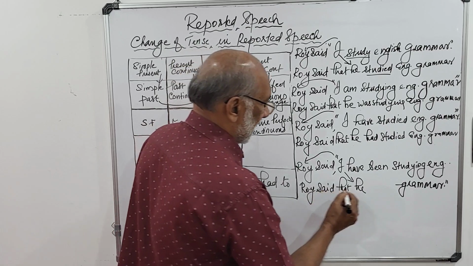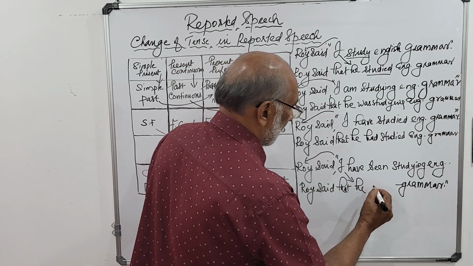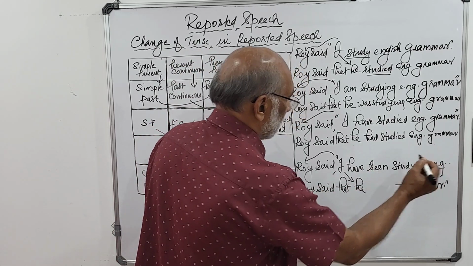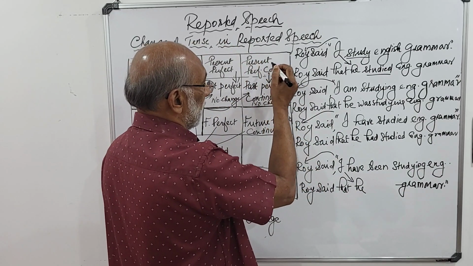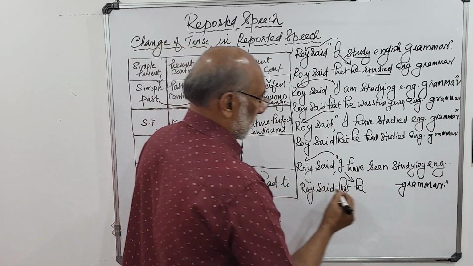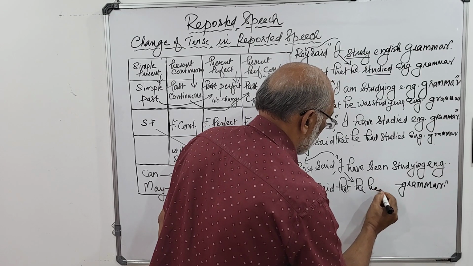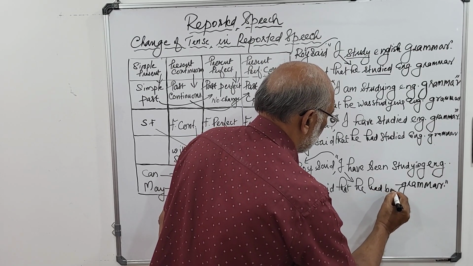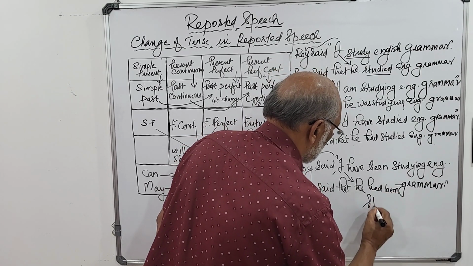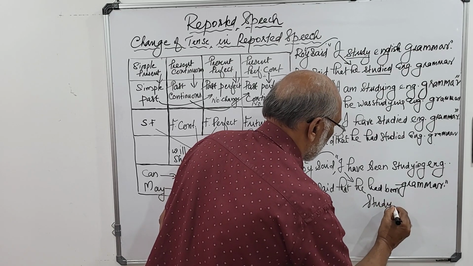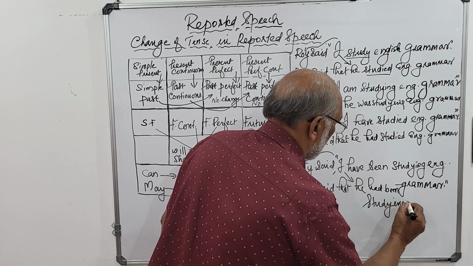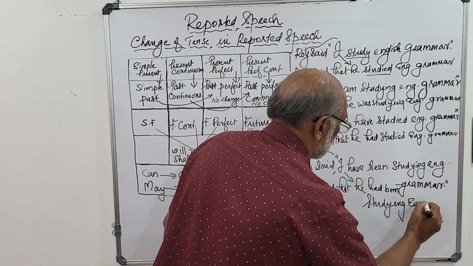So Roy said that he have been studying. So present perfect continuous becomes past perfect continuous. He had been studying English